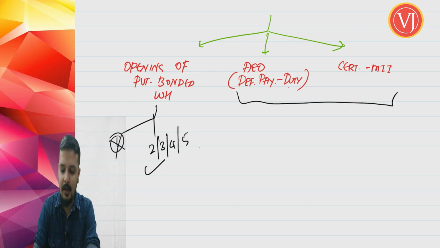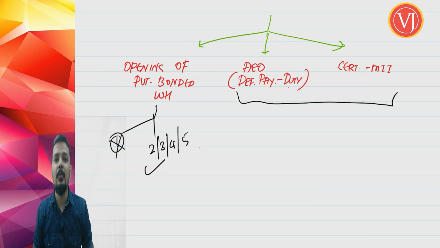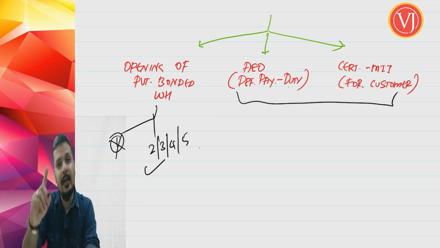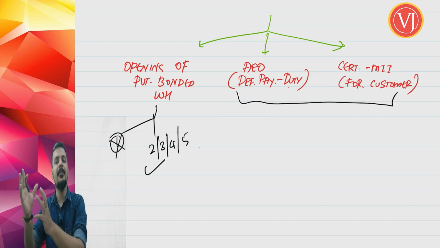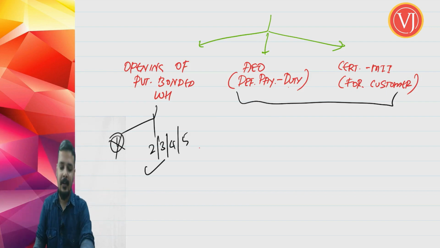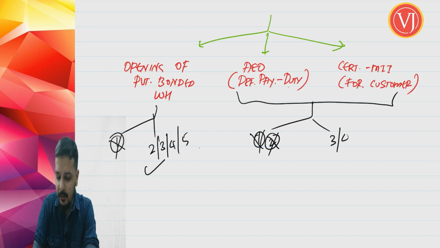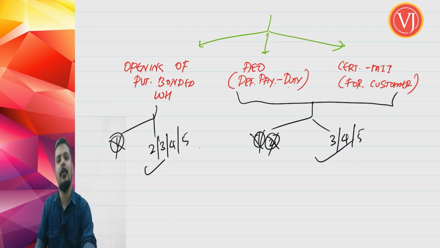And this authorized economic operator category, you can apply as a person who can be said as authorized economic operator, or this certification that the goods are made in India, which will be given to the foreign customer, and the foreign customer will give to his customs department to claim the preferential rate of duty because the items are imported from India. That, friends, is applicable or available only and only for 3-star category, 4-star category and 5-star category. It is not applicable for 1-star category or 2-star category. So friends, that you have to remember.